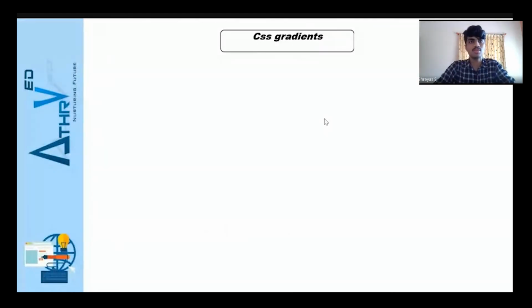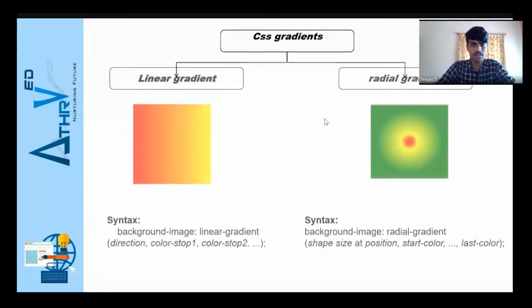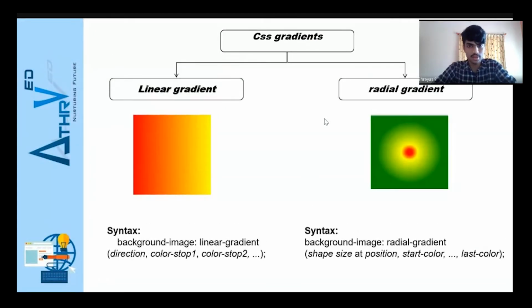So colors. In colors, we can set two different colors as a gradient, as shading. That is linear gradient and radial gradient. So background image: this is given not as a background color, but as a background image. For a property like linear gradient, you have to set it as linear gradient, and then mention the direction, whether it is to right or to left, and then mention two or more colors continuously. As it is a gradient, you have to mention two or more colors. So this is for a linear gradient, and one more is the radial gradient, which is in a circular pattern.